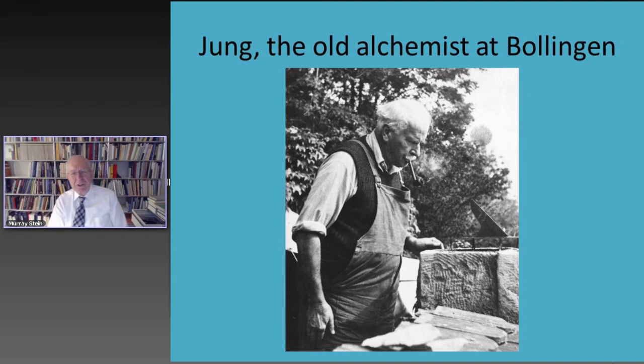So here you see a picture of Jung carving stone at Bollingen, a pipe in his mouth as always,